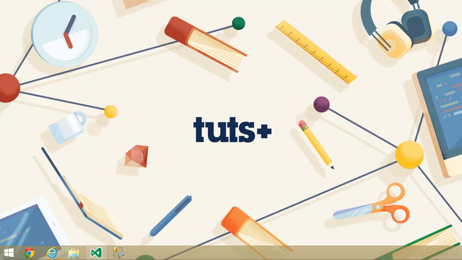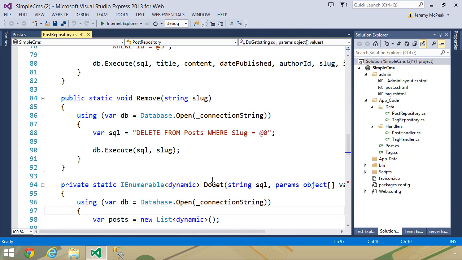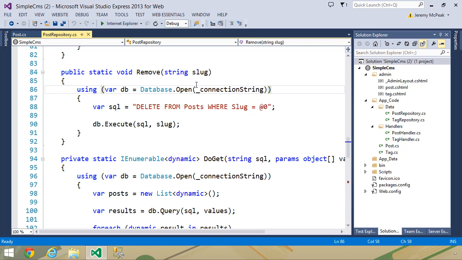For example, if we remove a post, we also need to remove the tags associated with that post. Now, we're not actually removing the tags, but we are removing the mapping between the post and the tags. So let's start with the remove method, because this is going to be the simplest change that we are going to make. First of all, we want to open up a connection to our database,